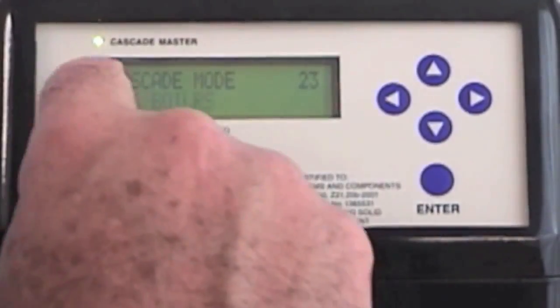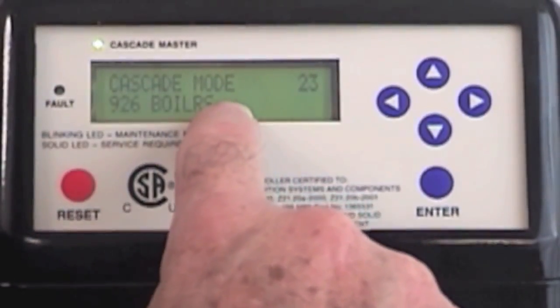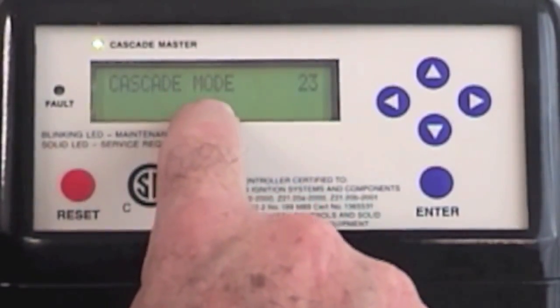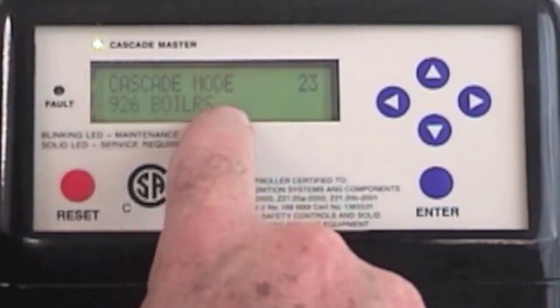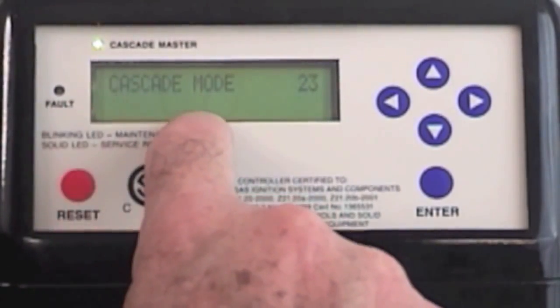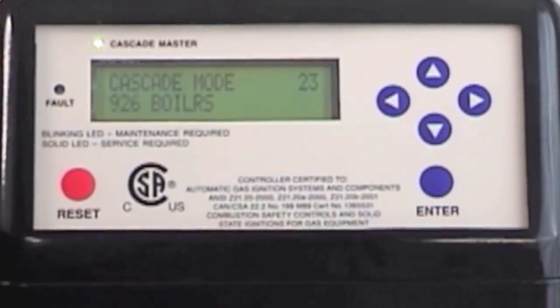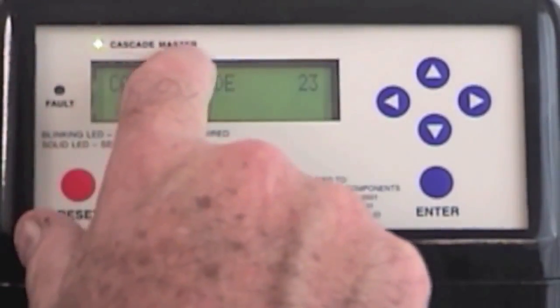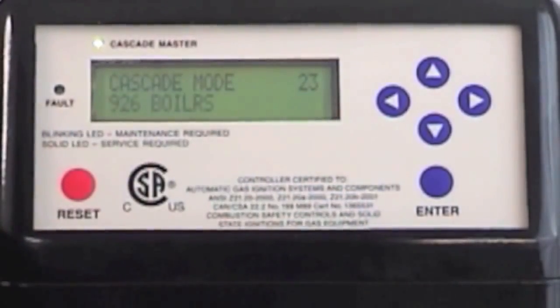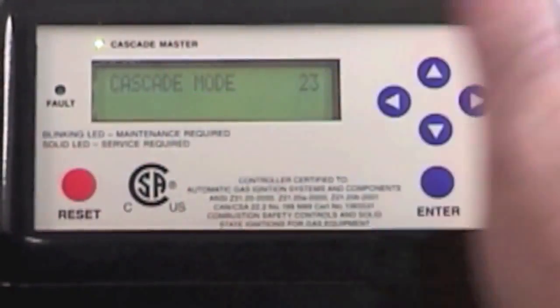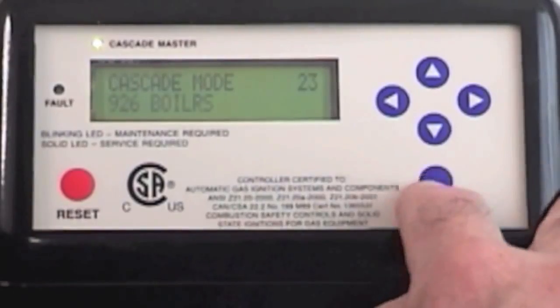Okay. This is the Cascade mode. That's when you have multiple boilers communicating with one another. There are 2 ways to do it. One is through the 926 board, which is incorporated into each boiler. And what we've done is we've made this boiler what's called a Cascade Master. It's going to have all the inputs going to it, and it's going to control the other boilers. The other option